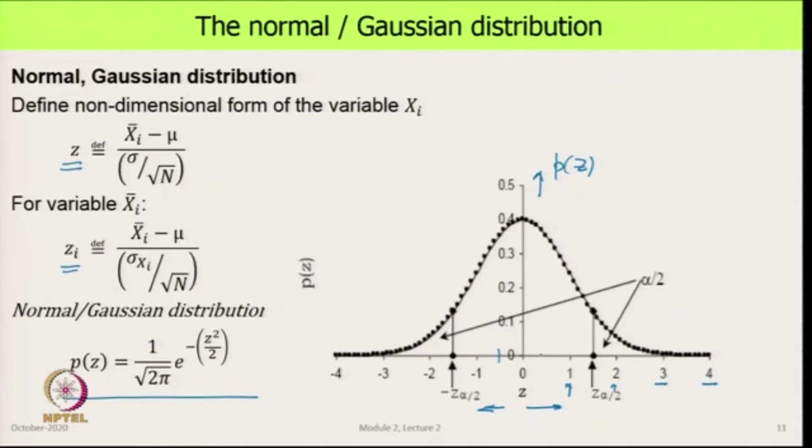So, if you pick up an interval there, the area that is covered under this tells you what fraction of the readings lie in this band. If you take another interval, say from -3 to 3, and ask how many readings lie in this, then you will get another number like that. The bigger the interval, the more readings get into this. So, that is the Gaussian distribution.